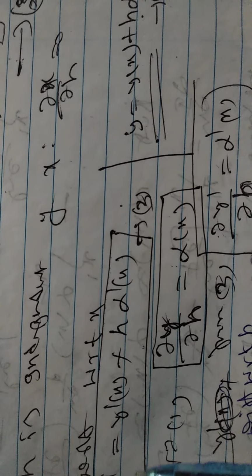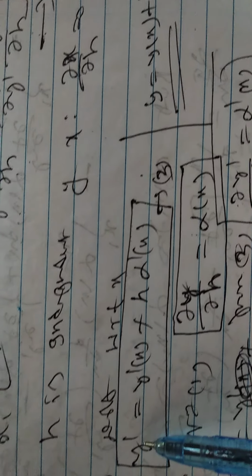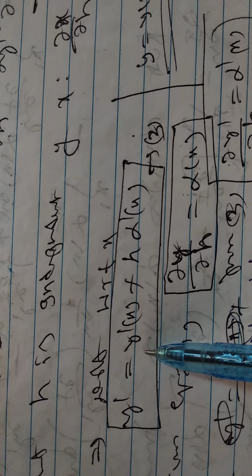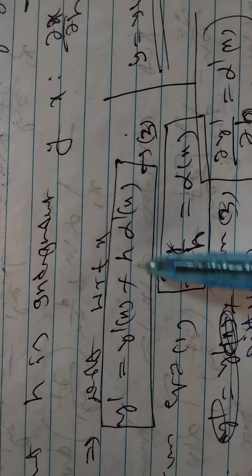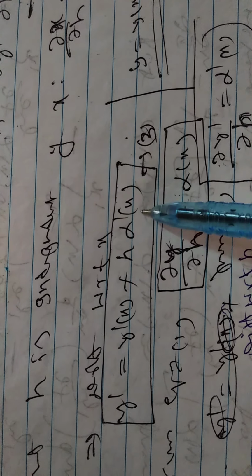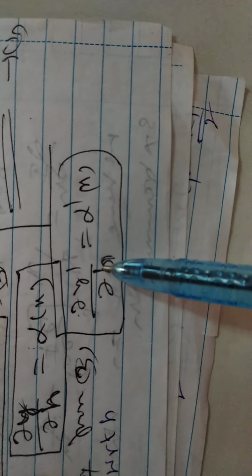So next, differentiate equation 3 with respect to h. What happens here? This is equation 3. So differentiate partially with respect to h. Dou y dash by dou h is equal to, differentiating with respect to h, y dash becomes 0. And here h becomes 1. Then this becomes alpha dash of x. So that's why from equation 3, differentiating with respect to h, we will get dou y dash by dou h is equal to alpha dash of x.